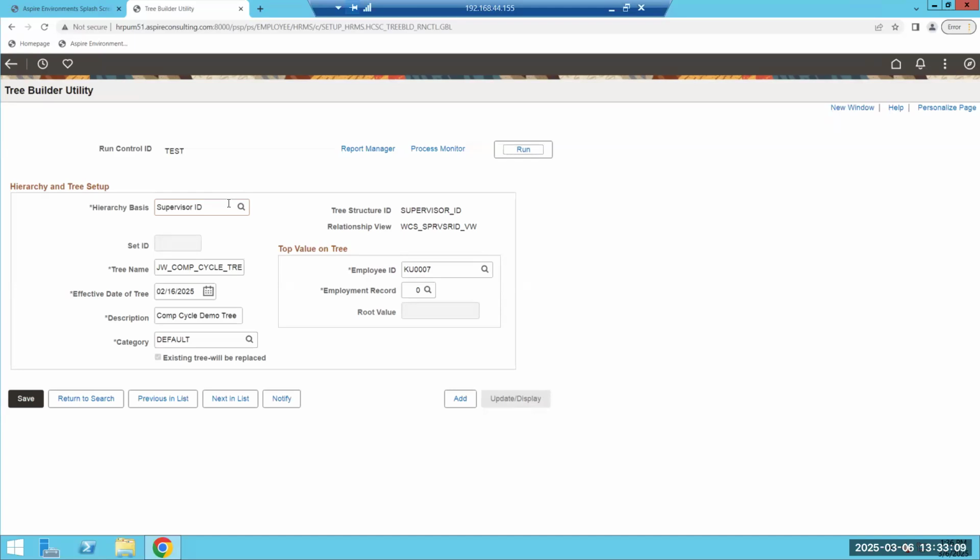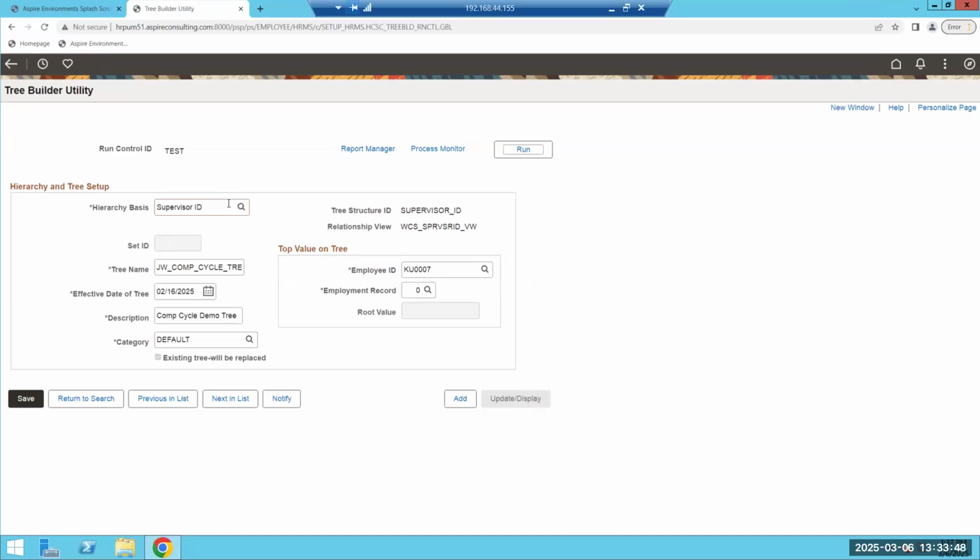Anybody in your population that it can't find in the tree ends up in that comp cycle admin group that we saw when we were looking at the planning page. Now, if your population's not that large and you just want everybody in one group, centrally managed by my comp admin, say I've got 500 people that I want to give an increase to, then you can certainly